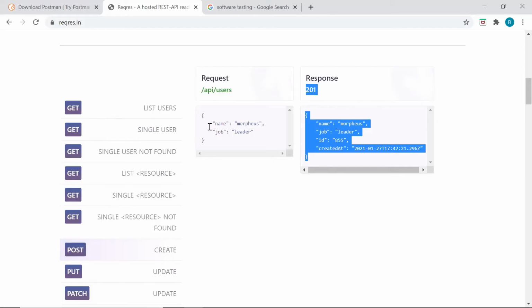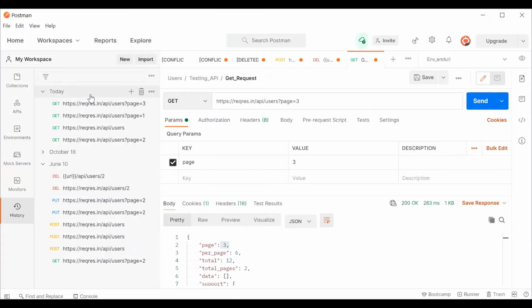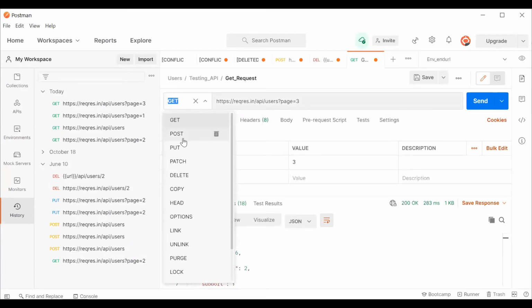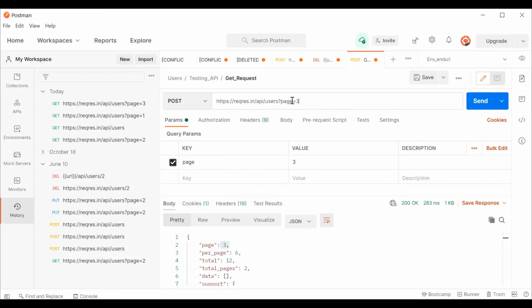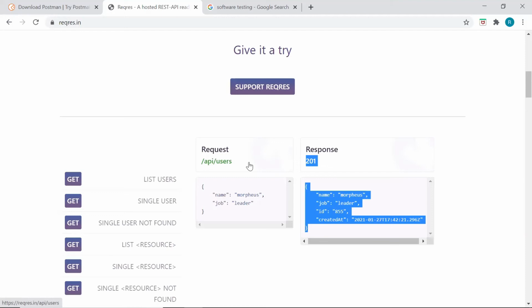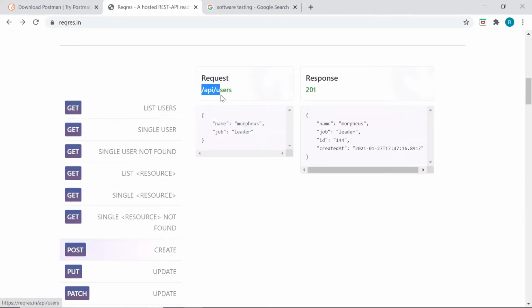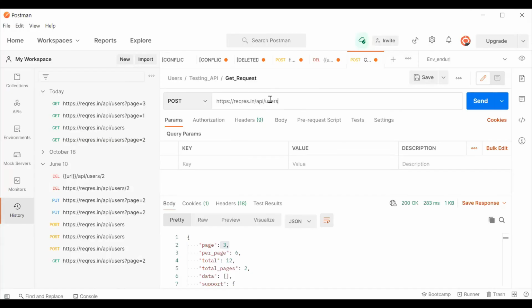So my post call, this is my service URL, this is my response. If you go to your Postman over here, you will choose the type from here. So let's say I want to do a post call. And here I will be changing the URL. Till regression it's going to be the same because my endpoint URL is going to be the same. And now I will pick my API's URL, which is the service URL, and you can copy this and paste it over here.